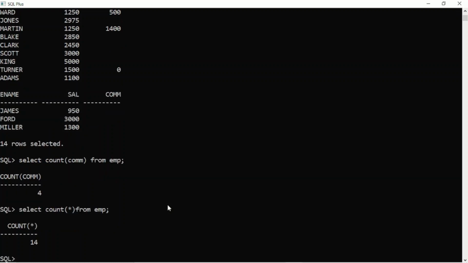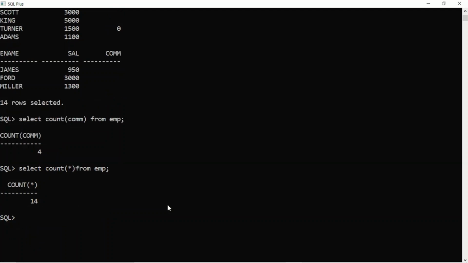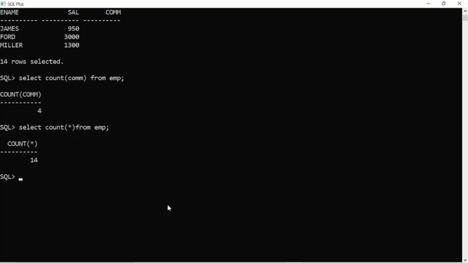14 employees working. There could be a query like display the name of the employee who gets the highest salary in the company. In that case, select employee name, employee job, employee hire date. These details I want to know, but for that person who gets the highest salary, from EMP where salary is equal to, means this query will go like that.